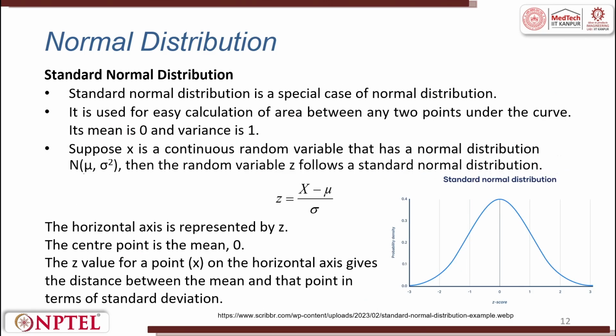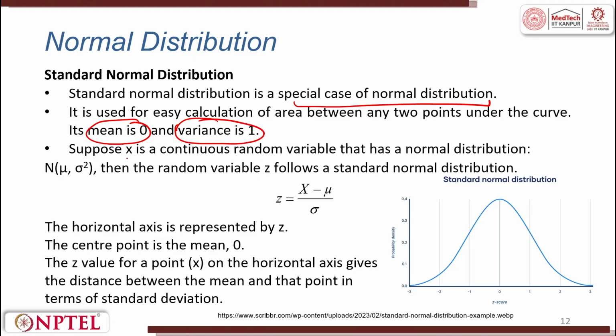Standard normal distribution is a special case of normal distribution where mean is 0, variance is 1. Suppose x is a continuous variable or random variable that is normally distributed, that is N(mu, sigma square). This is the way to present the normal distribution. Then random variable z follows a standard normal distribution, that is z is equal to x minus mu by sigma. There is z, that is the coefficient of sigma here in the normal distribution which I showed, minus 1, minus 2, minus 3, 1, 2, 3,